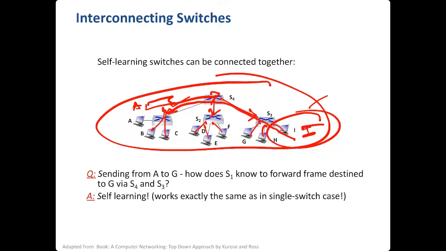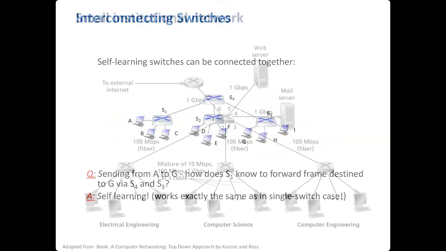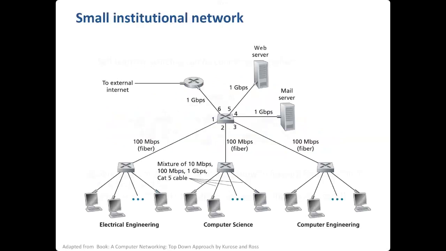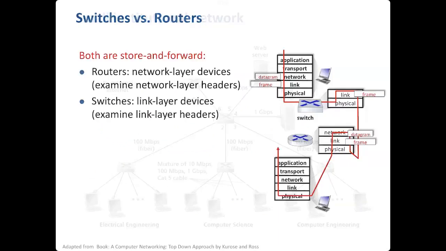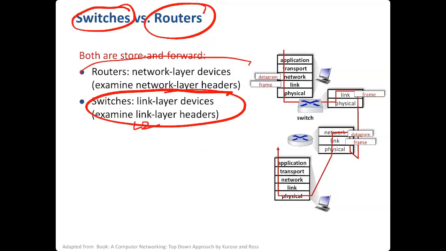Okay, but there is a lot of broadcasts here, so it's not a very efficient mechanism, but it is being used. In order to reduce the broadcast domain, we can use routers. So what is the difference between a switch and a router? Switches work only at the Ethernet level, a layer 2 link layer device, and routers work at the network level, or layer 3, the IP layer.